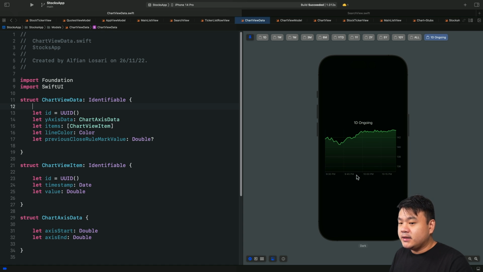It's going to start from index 0 all the way to the end. So the axis start will be 0 and the axis end will be the total number of elements in this array minus 1. And then we are going to increment, or stride, by 1 when declaring the custom